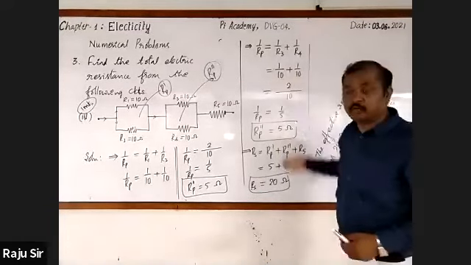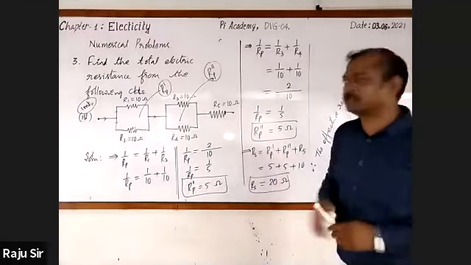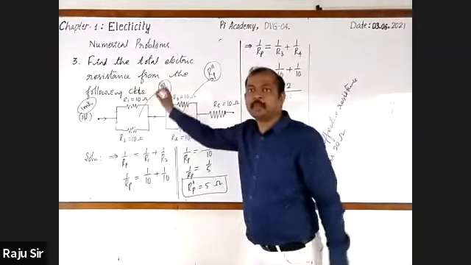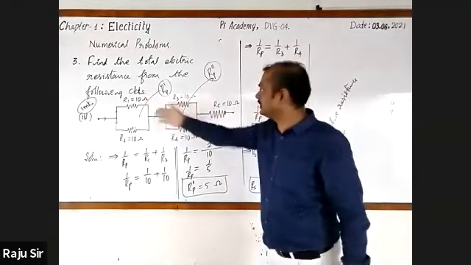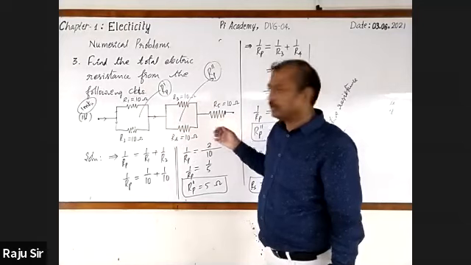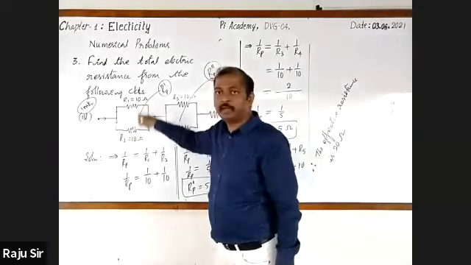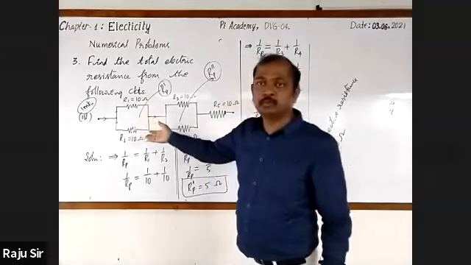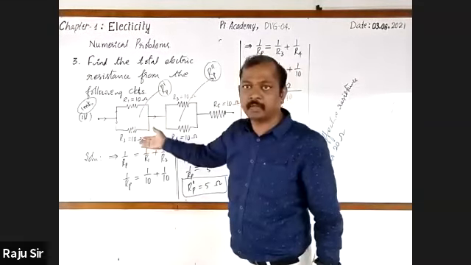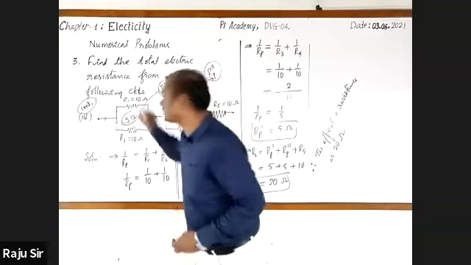You no need to go for these many steps to find out the effective resistance. It is so simple. The first thing is resistance of each resistor is 10 ohm, 10 ohm, 10, 10 and 10 ohm. First you will find out effective resistance. See that 1 by 10 plus 1 by 10. It is 2 by 10. 2 by 10 is nothing but 1 by 5. So it will be 5 ohm. Effective resistance is 5 ohm.